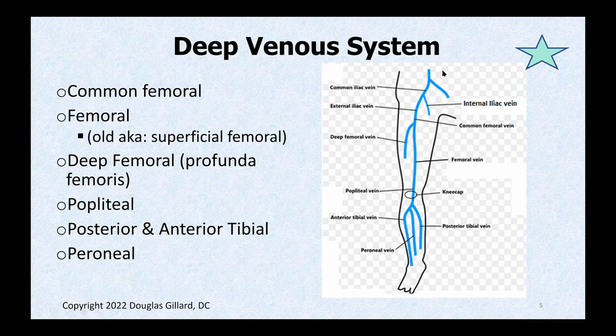Remember, we did this in lab yesterday, but remember the deep system of the lower extremities. We'll start from the external iliac vein, which turns into the common femoral vein, which splits into the deep femoral vein and the femoral vein. You should never call this the superficial femoral vein, but it is an AKA. It's a terrible AKA, though, because this is the deep system. It turns into the popliteal vein, which splits into the posterior tibial, peroneal vein, and anterior tibial. And these go down and form the venous arches of the foot.